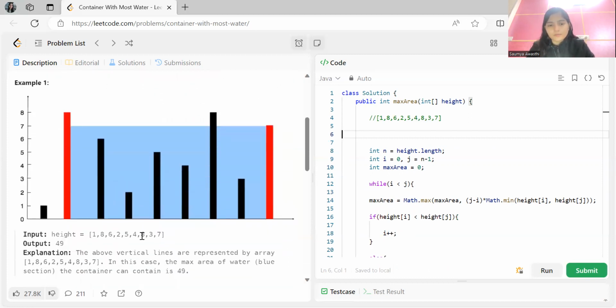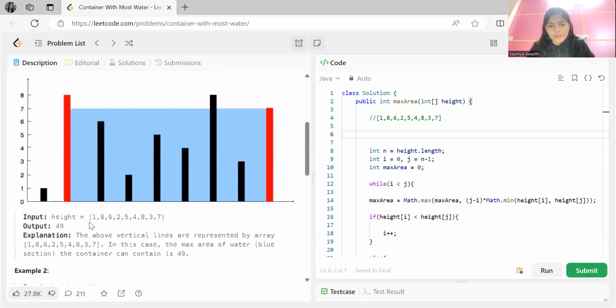So what if we maintain two pointers again, one at the starting index and one at the end index, right? Okay, and we calculated the area. Then comes the logic of how we are going to move these pointers. Let's say one pointer i is on height i and one pointer j, which is at the end of the index, is on height j. So now comes the question of which pointer to move.